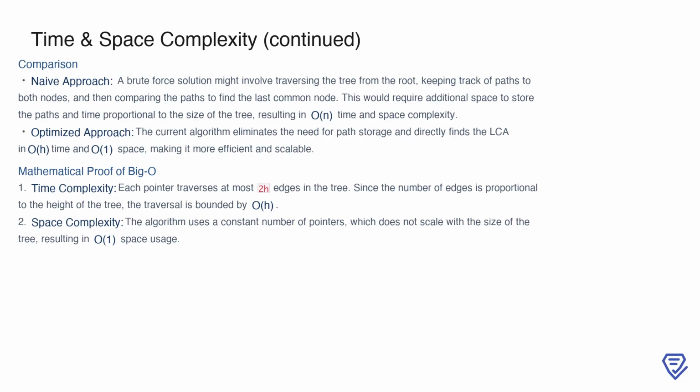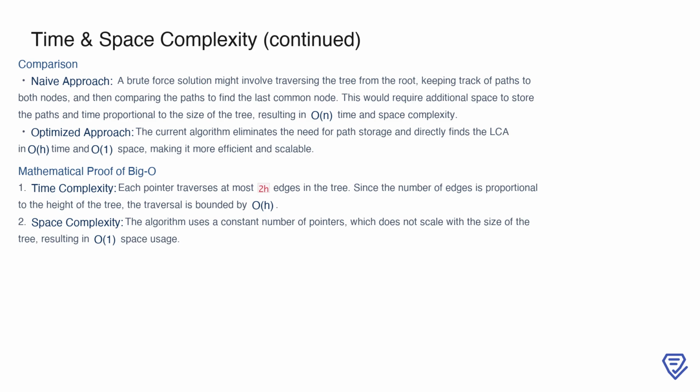This method requires additional space to store the paths and would take time proportional to the size of the tree, resulting in O(H) time and space complexity. In contrast, the current optimized approach eliminates the need to store paths altogether. It directly determines the lowest common ancestor in O(H) time and O(1) space, making it significantly more efficient